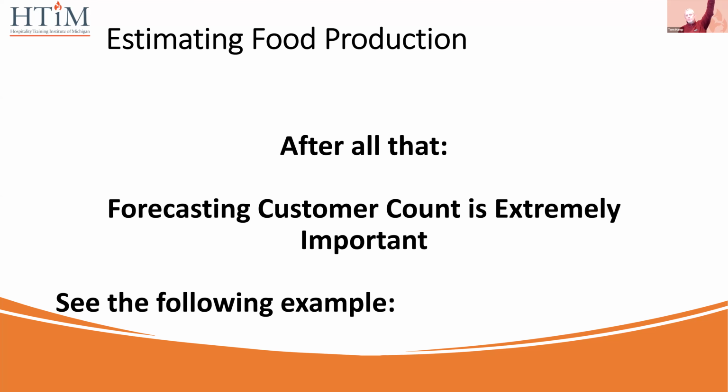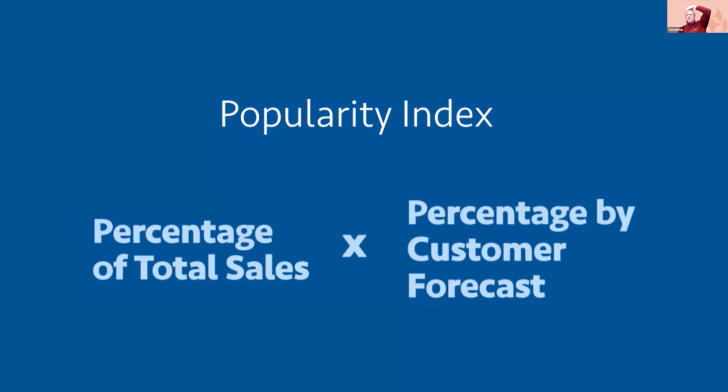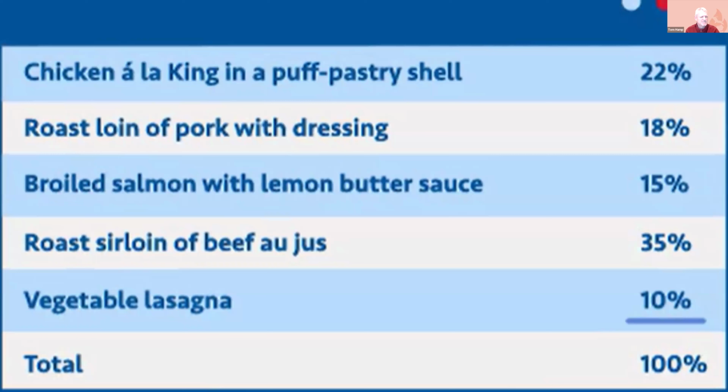So what we'll do is we'll go over the popularity index. So we're going to go over what the entire menu looks like here. So popularity index. We need to figure out percentage of total sales and percentage by customer forecast. So here's where we're going to count our customers. So if we know, and I know this is very simplistic based on what your menu probably looks like, but just for instance, if those are the 5 different entrees that we have available,